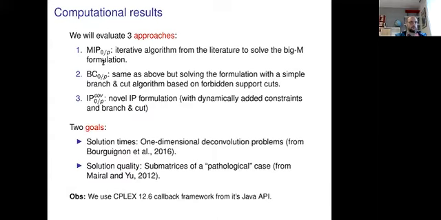And we have two goals here because, remember that we are comparing actually an exact approach, which is this one, with two approaches that we know are not exact approaches. So we will have two goals here. We will compare the solution times on one side. For that, we will use real data from this paper. And then we will try to check how bad